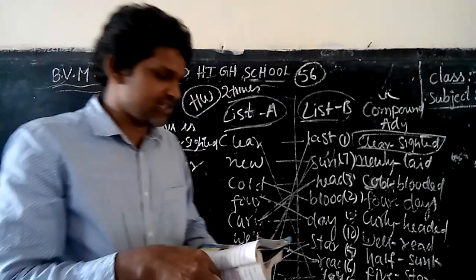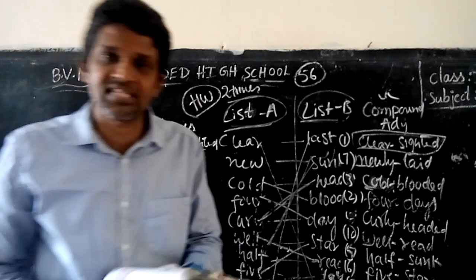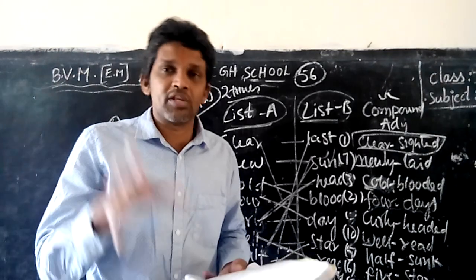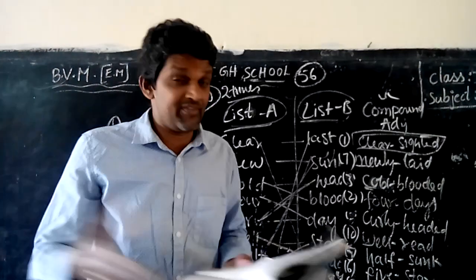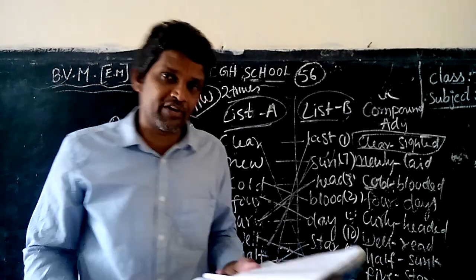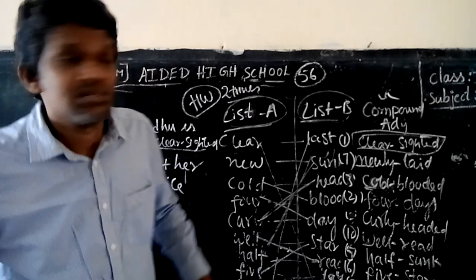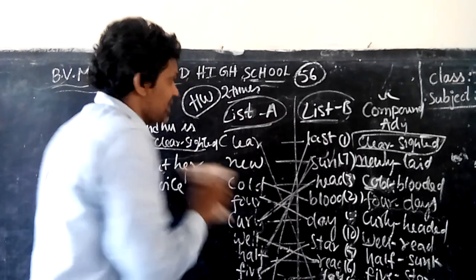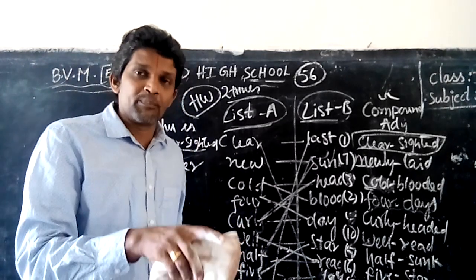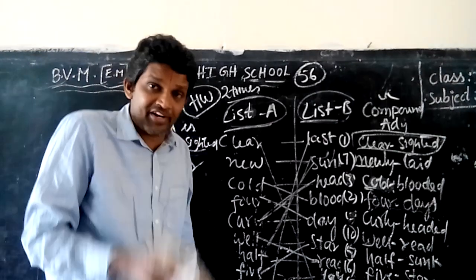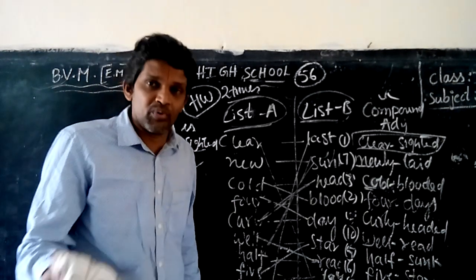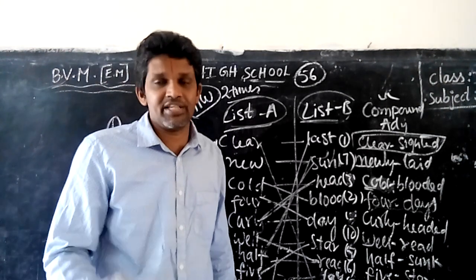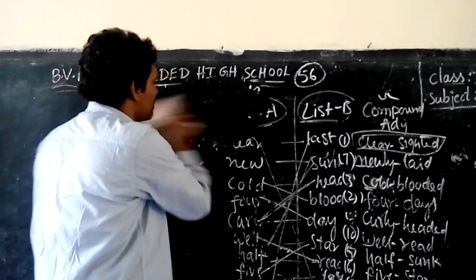Okay, so these are the answers for the blanks given in page number 56. So you read them properly and try to understand the meaning so that you can write the answers even for the unknown sentences given in your exams also. Next, so I think you understand this concept well. If you can't understand in the first listening, again you play the video and try to understand them. If you have any doubts or queries, you are always welcome to get them rectified through your WhatsApp groups, or you can directly come to the school and ask your teachers. Okay? So this is about the compound adjectives.